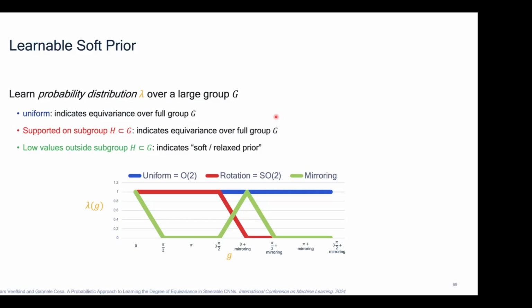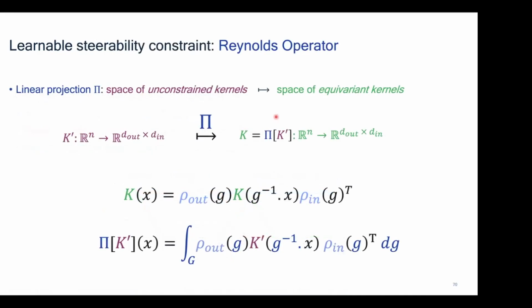Now, how do we learn this probability function? And also, how do we use it to build networks which are equivariant only to the specific subgroups learned by this probability function? We try to do that simultaneously by looking back at our projection operator. If you remember, our projection operator looked like an integral over the group, right? And by integrating over the group, we basically enforce our kernel to satisfy the equivariance constraint for each group element,